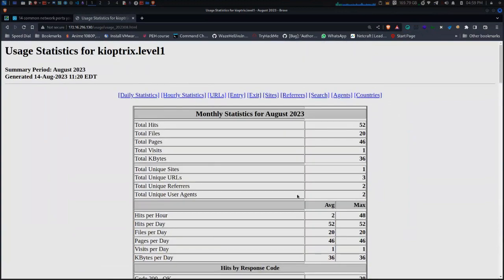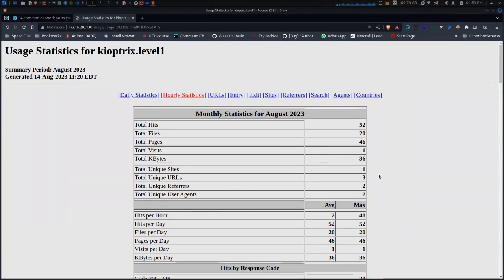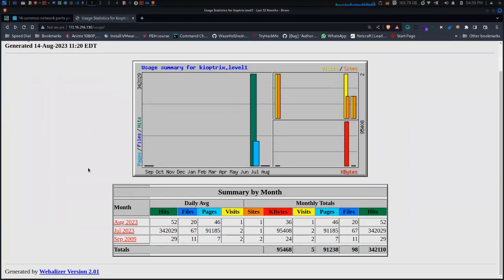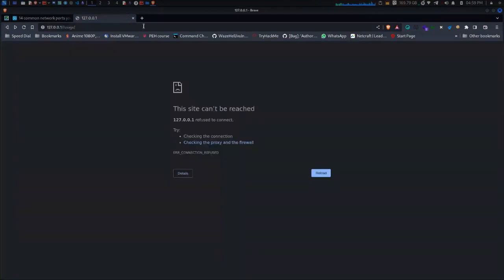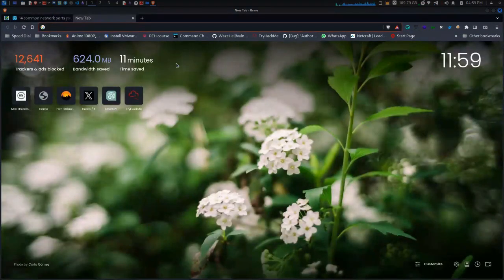Okay. What do we have? Hourly statistics. Okay, this one is just taking us back there. So I don't think we have anything else on this page, except for Webalizer. Great. So now that we know that we have those guys,